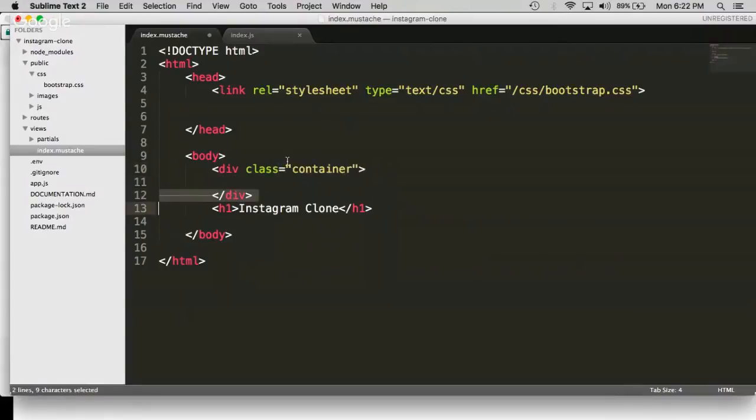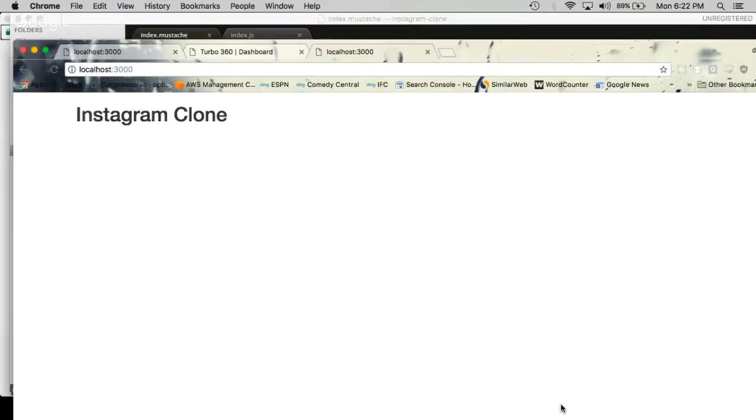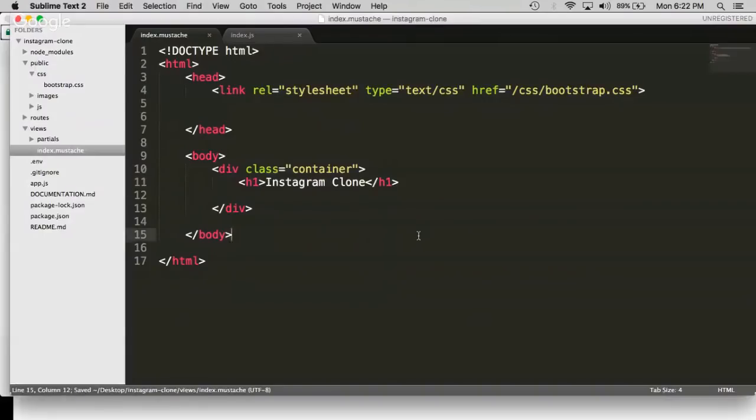This just gives me a little bit of padding on the margins. It's not really that important, but it's worth using Bootstrap, and the advantages it provides, because, you know, why not? We have it, so we may as well use it. So here is the initial layout, and then we're going to create